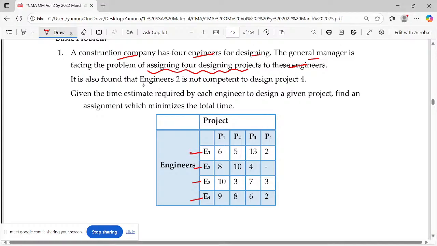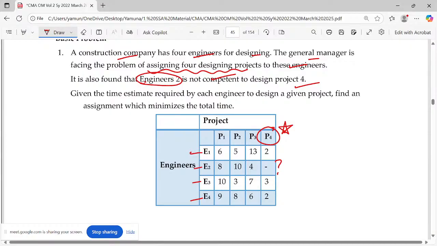It is also found that engineer 2 is not competent. See, how are you saying that he is not competent? You're clearly defining that he is an engineer, but you decide that he's not competent, so you cannot give him this project 4. Probably he might not have experience, or project 4 is such a project that he's a